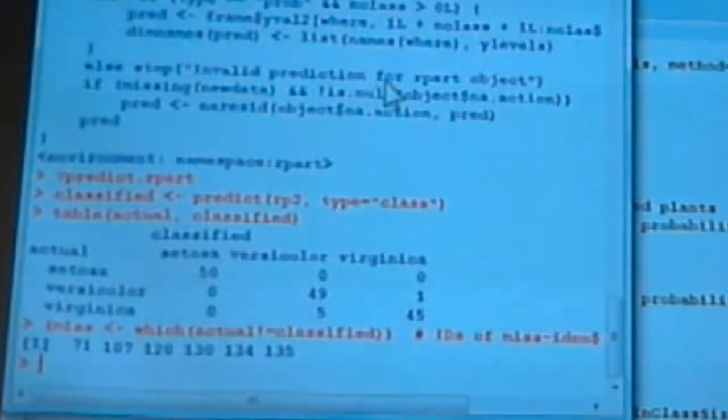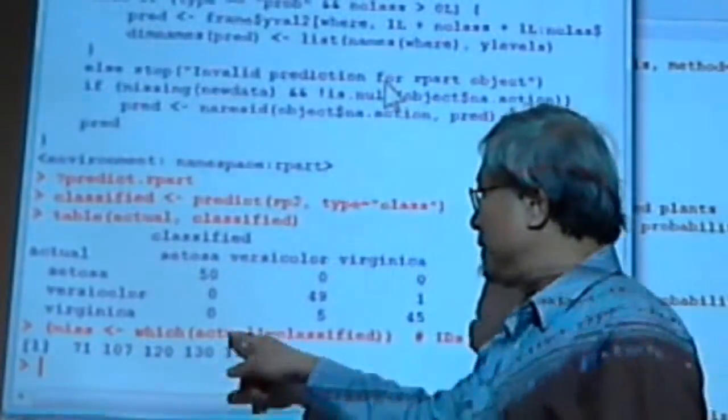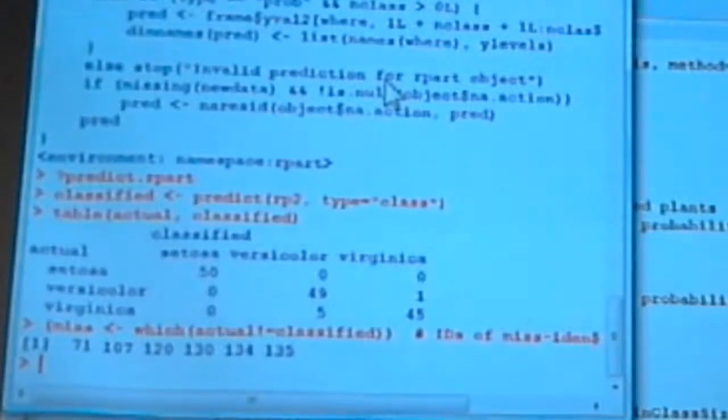If you run this, you can see these are the prints that were misclassified. So we can see there's a misclassified Versicolor, so this one. The reds are the misclassified Virginica, right? So anyway, you have these misclassified identities, and you can actually